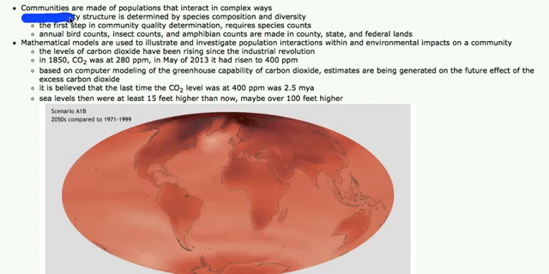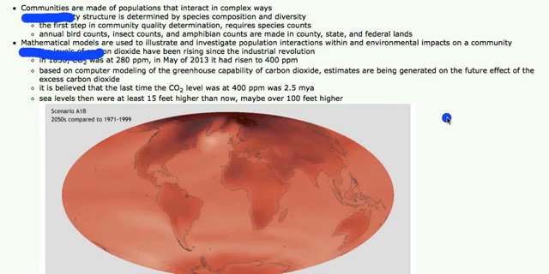So we're up here, we're taking a look at communities as groups of interacting populations. And the first thing the College Board wants to drive home is that we use a lot of mathematical modeling today to actually estimate what's going to happen in the future. We use mathematical modeling to predict what's going to happen in the stock market. We use mathematical modeling to predict how many deer or how many turkey are going to be available in the state for the following season, so we know how many permits to issue hunters.